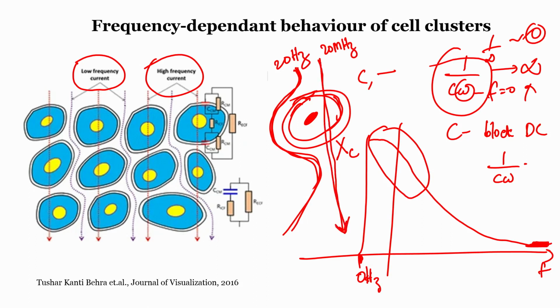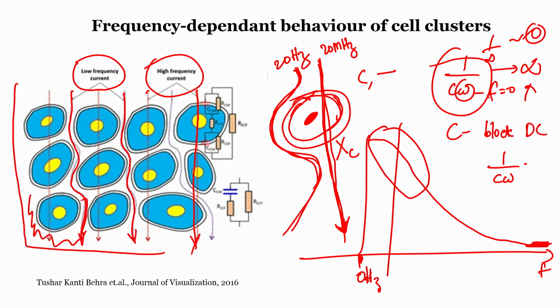This is the frequency dependent behavior of cells that are clustered together. That is what is shown here. This is from a paper from the Journal of Visualization. We have adopted it from there so that you can understand it. See, for the high frequency component, the current is able to pass through the cells directly. The low frequency component tries to avoid the cells and tries to pass through the matrix. This has very important implications for how a tissue behaves. These are all matrices here, right, as we told, this is all matrix around the cell, full matrix.